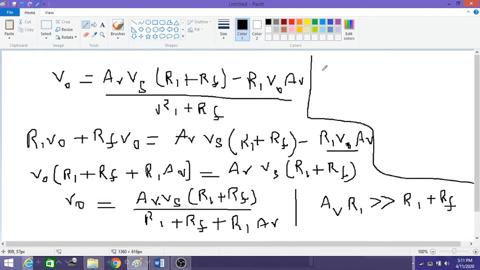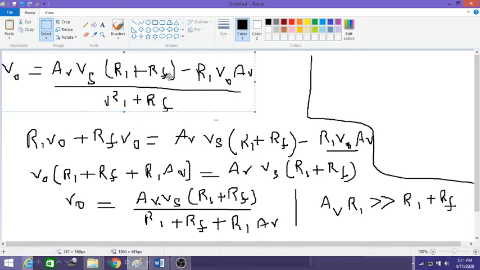I'll move these terms. Then I'll get V0 is equal to Av